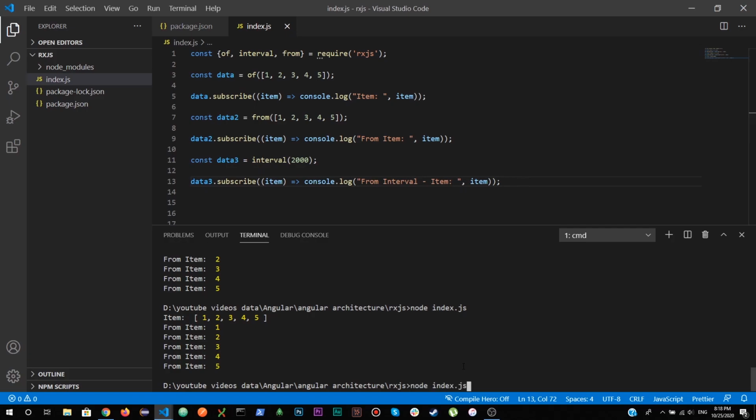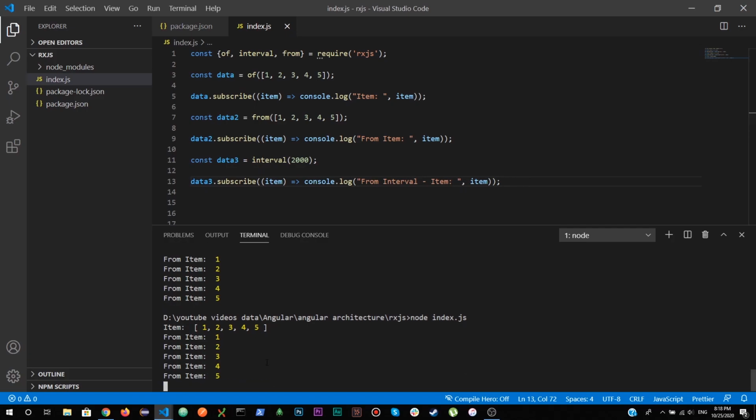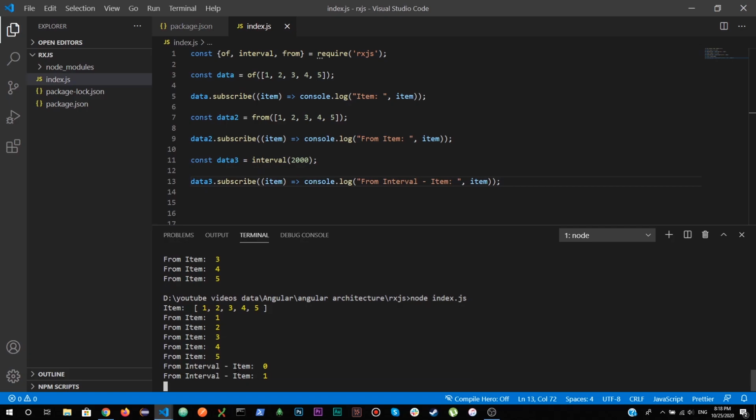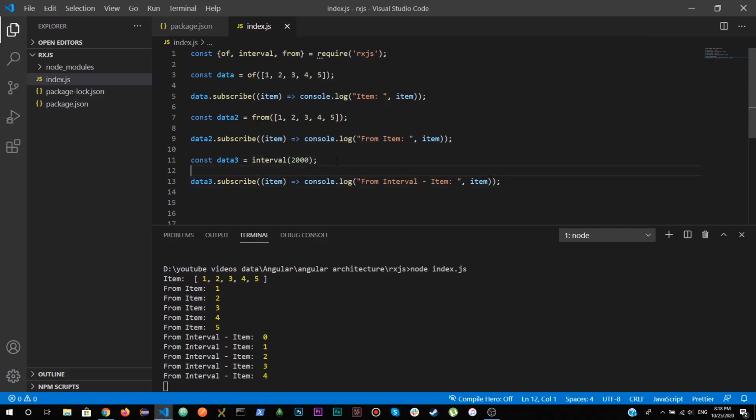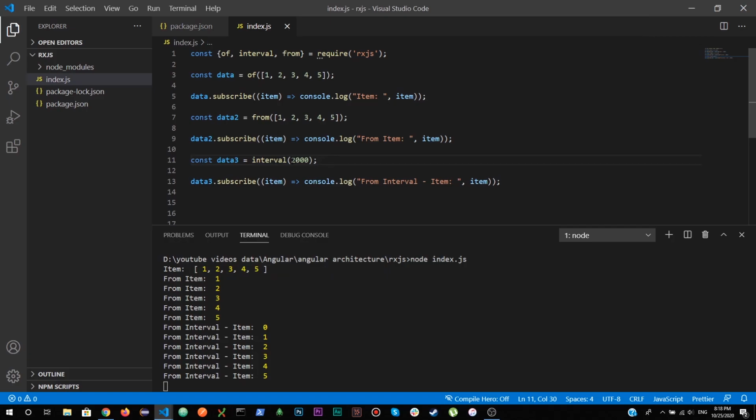So let me run this file. Now you can see that from interval it is returning 0 1 2. So actually it is returning us 0 1 2 3 and incremental values after 2 seconds.